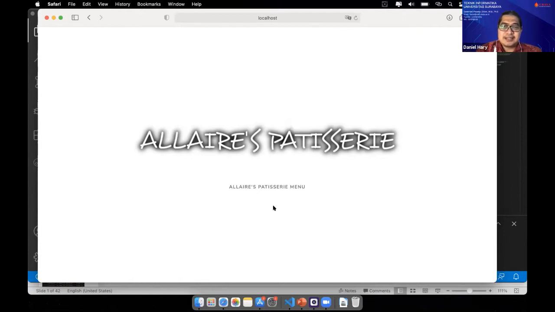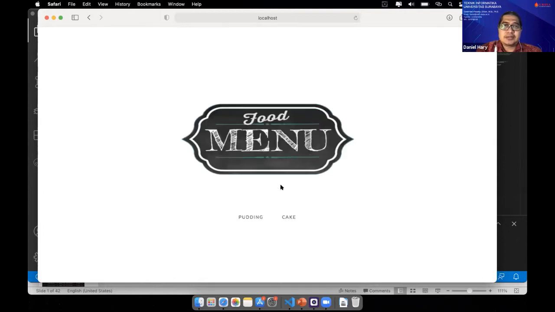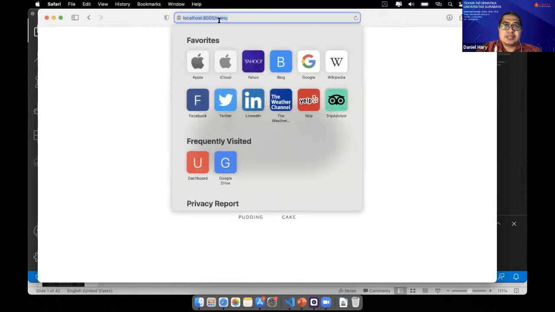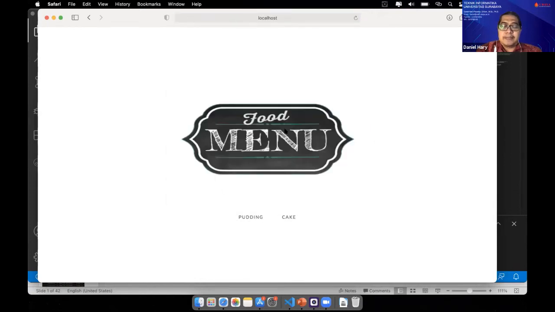Okay, there is a menu link here to go to the menu routing. This one, slash menu. We open the menu page, and there are 2 links for pudding and for cake. Oh, wait.